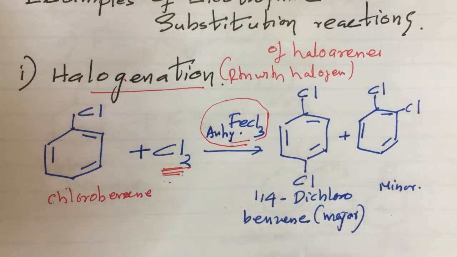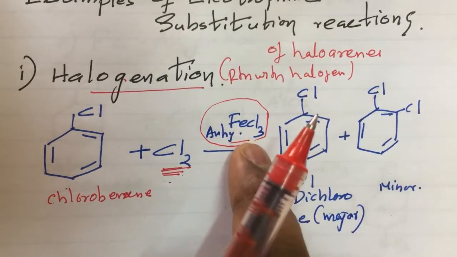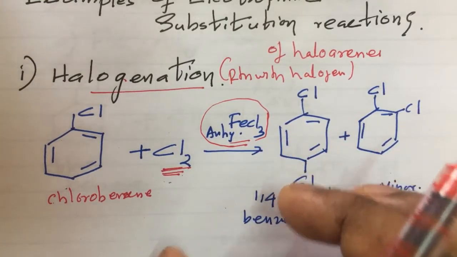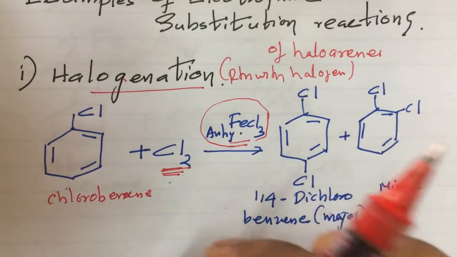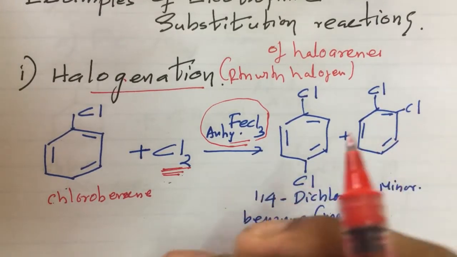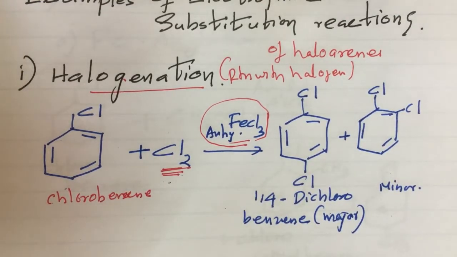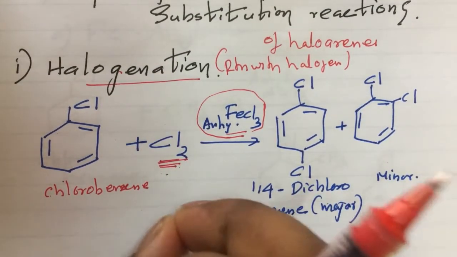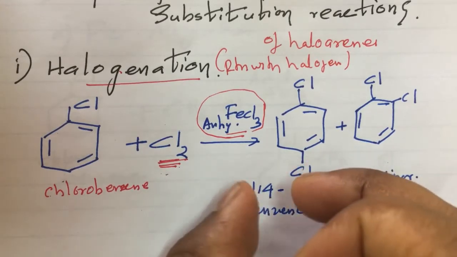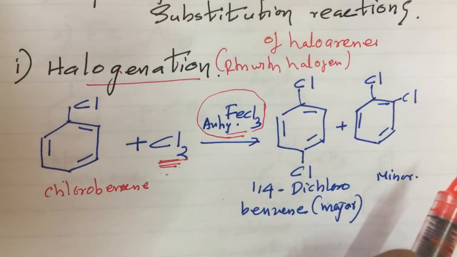Now I will give you a shortcut to remember the product. The actual mechanism, including the role of FeCl3, is not required in our class 12th syllabus. Class 11th you already learned the mechanism, so if any doubt, you just refer to that topic again. Now I will give you a simple shortcut to make the product. I repeat, this is not the actual mechanism. The actual mechanism involves 3 or 4 steps, and the detailed steps are given in the class 11th textbook.